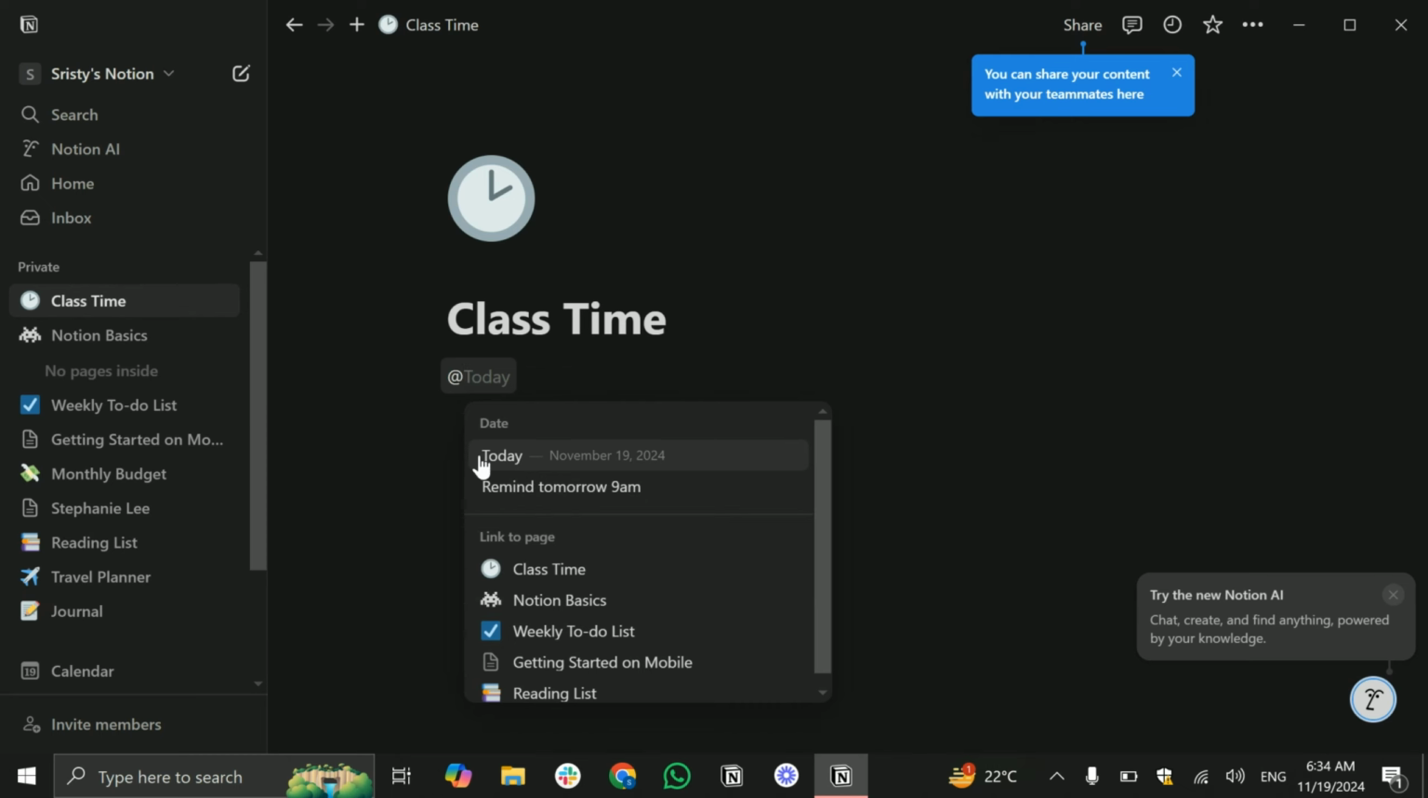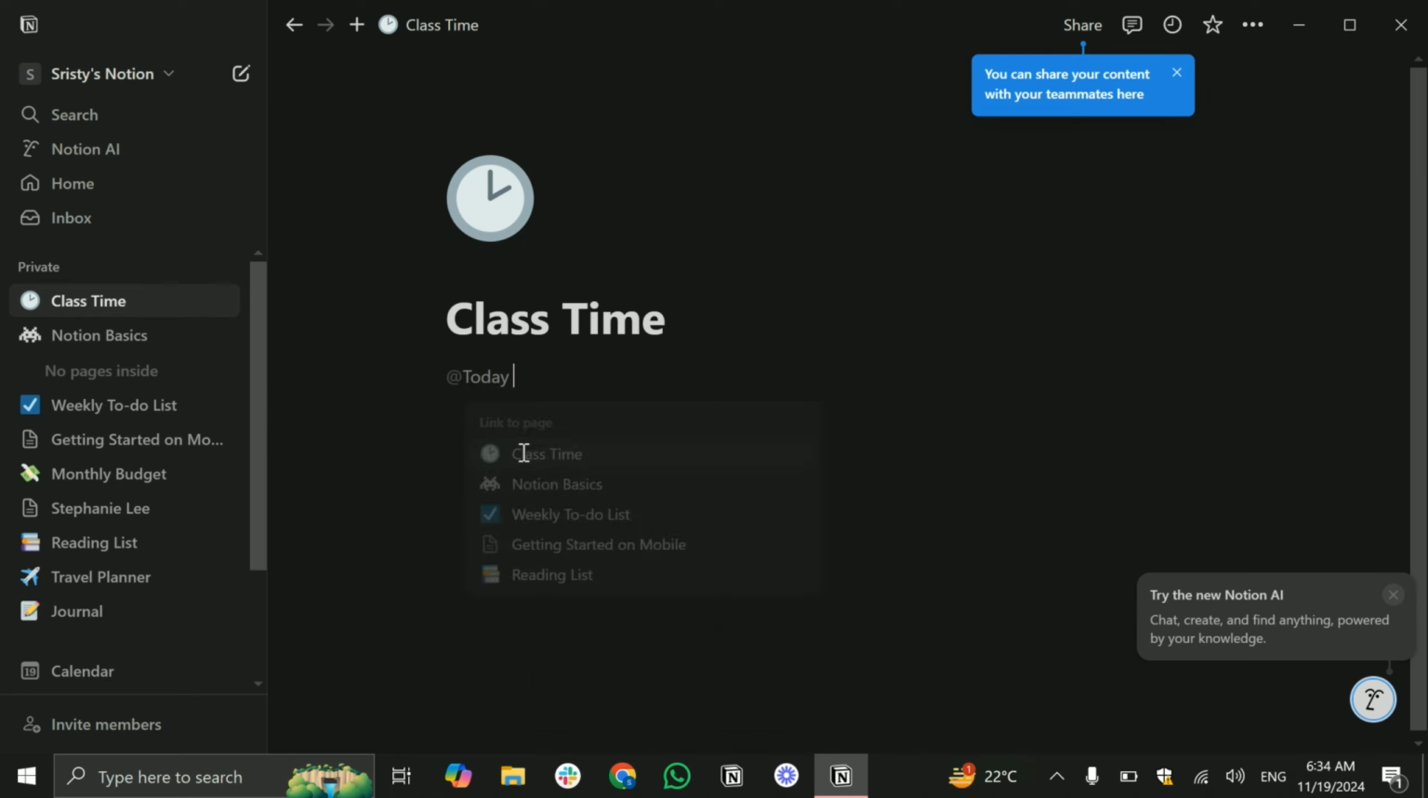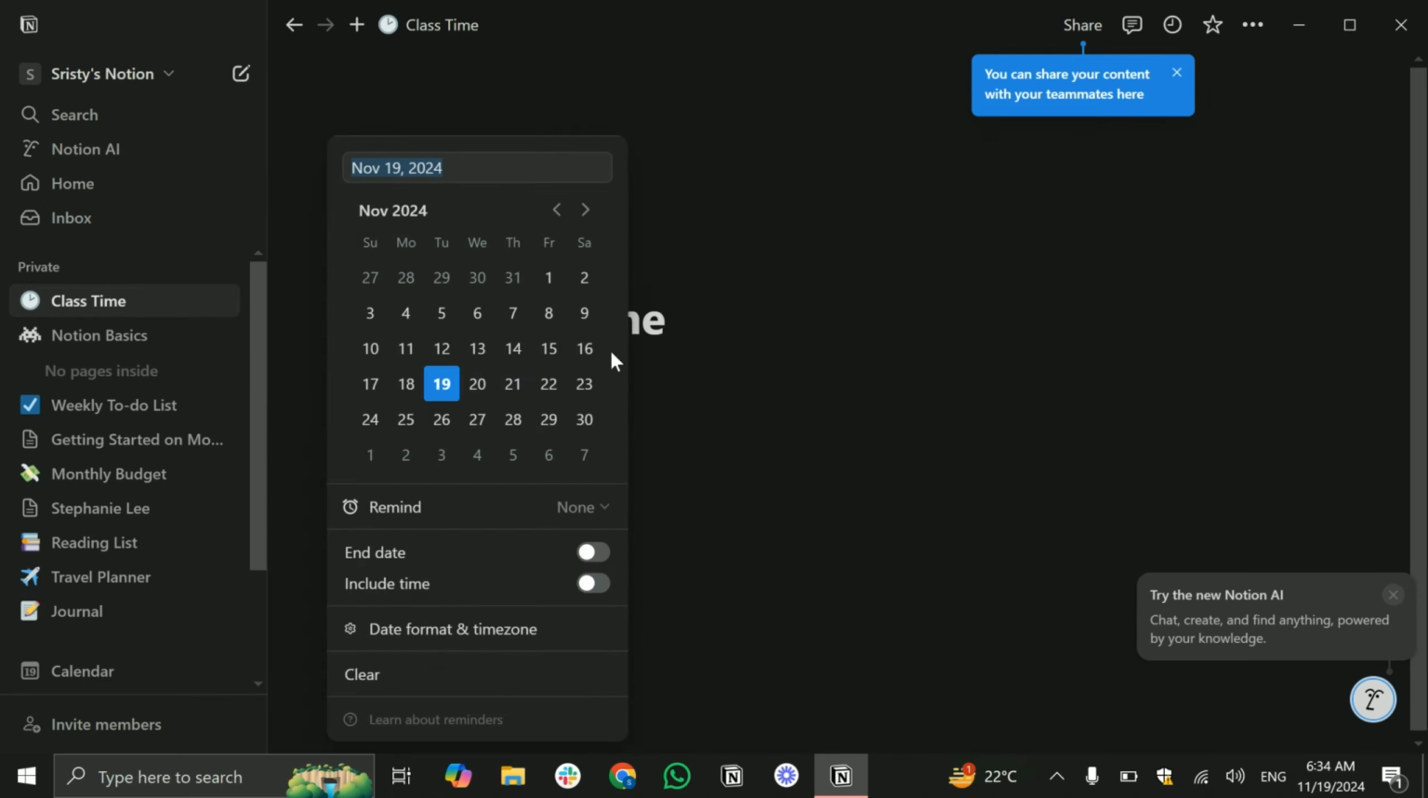So in here you can see this today option. Simply tap on here, and if you just click on this today option you can choose any date, any time according to your necessity. So in this calendar choose the date, and here tap on turn on this end date option,